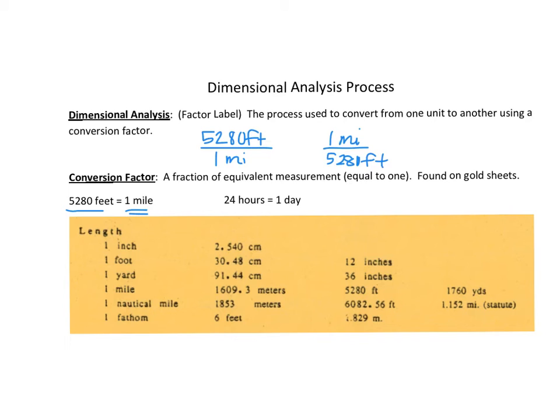So on your yellow conversion sheet, it's separated by different types of measurements. So mass and length and volume, time is on there, area is on there. Anything found in the same row is equivalent. So if you look here, we have 1 mile, and there's the 5,280 feet, but 1 mile is also equal to 1,609.3 meters, or 1,760 yards. I can pull any two numbers out of the same row